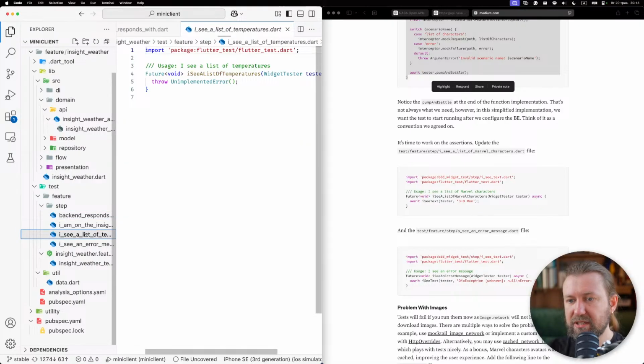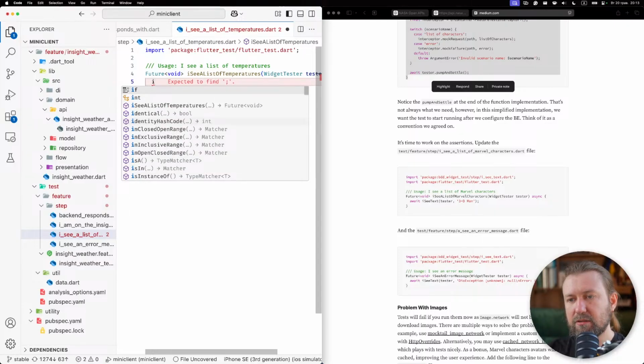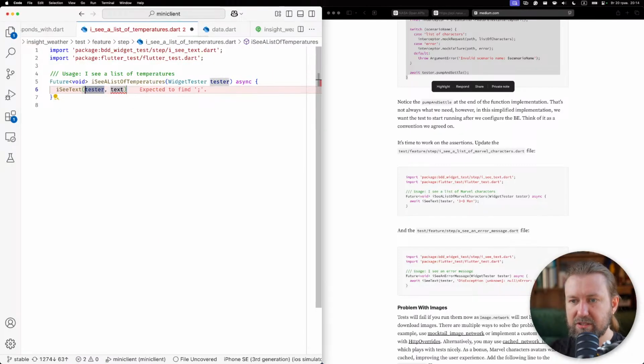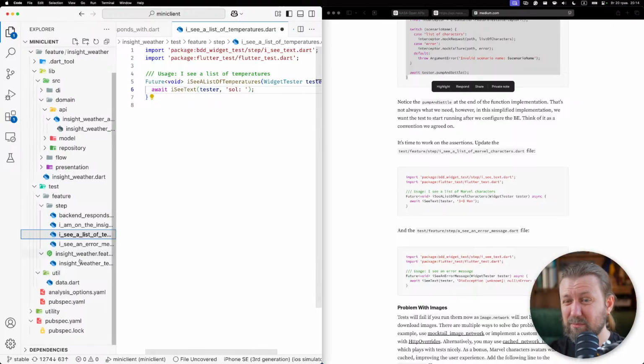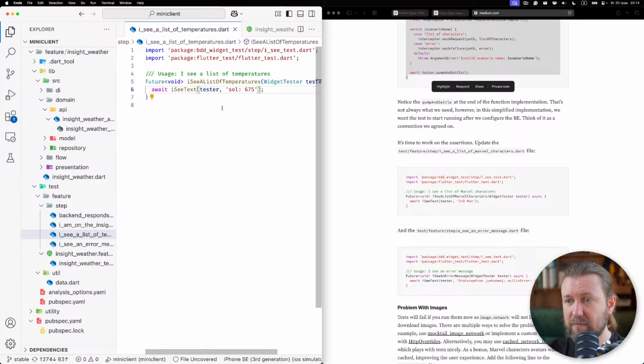So what does it mean that I see a list of temperatures? Well, that means that I see text. Let me use the I see text function from BDD widget test. So I can await a text, and there will be a text like sol something. Let's check this one. So sol 675, like that. And there will be sol